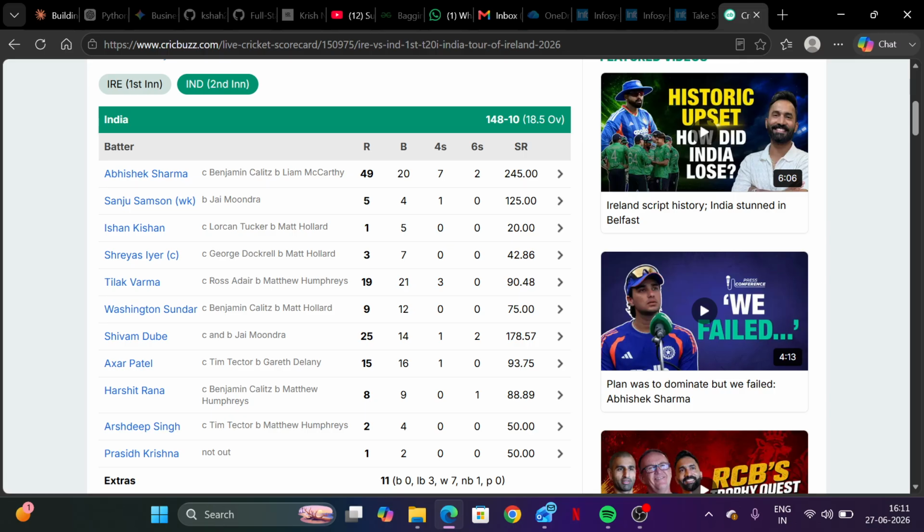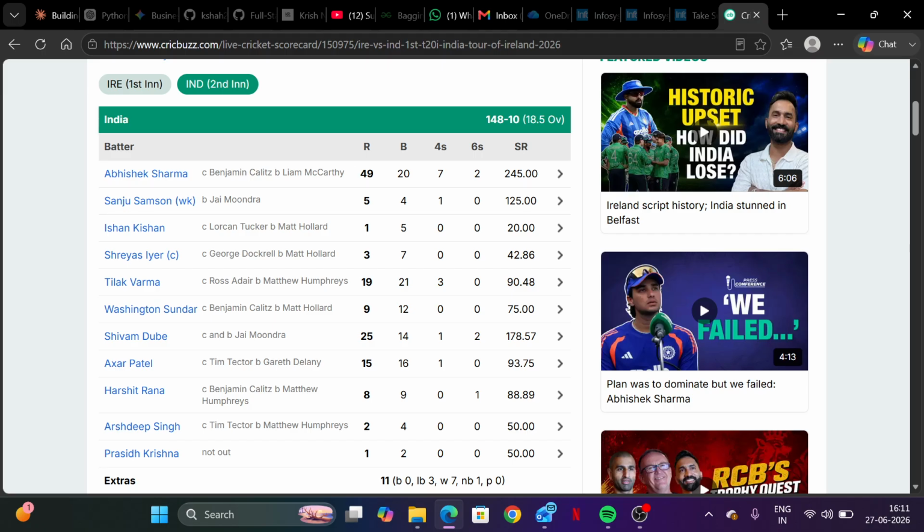Strike rate is not an issue, but when I discuss the middle-over stranglehold, where Ireland completely strangled the middle overs, Tilak Verma was the main reason why the run rate was not able to keep going throughout the scorecard of the match. So Tilak Verma is also a curious case. Now, since he's a young player, we must back him.